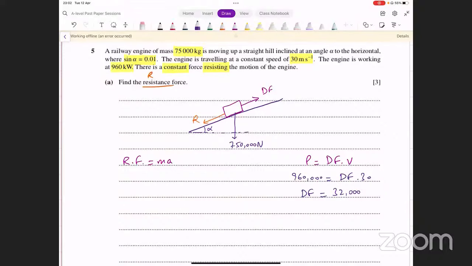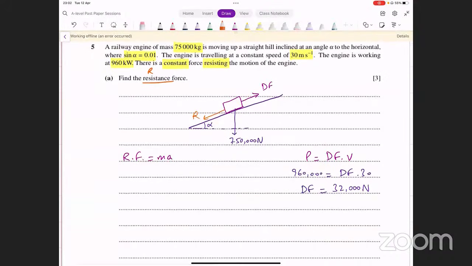Right? Sharyar, is that correct? Should be 32,000. Yeah. Okay. Acha, so that's the driving force. Now, once we have the driving force, we can use this: resultant force equals mass into acceleration, Newton's second